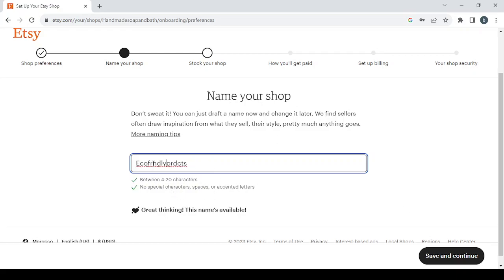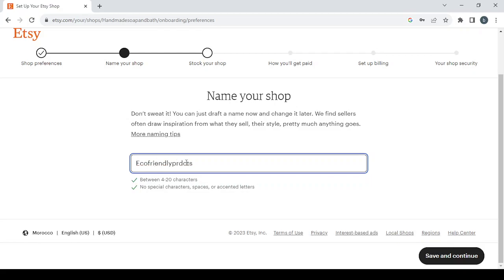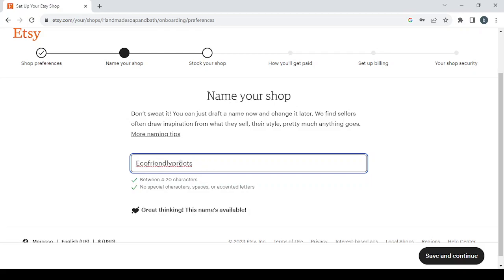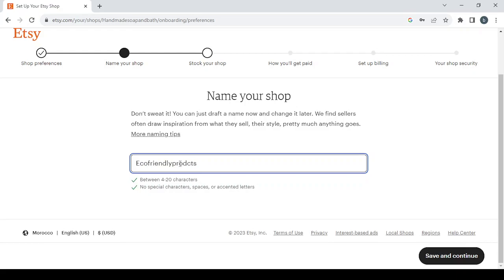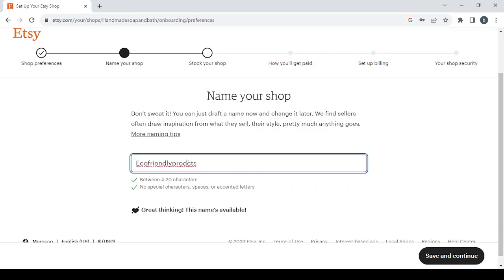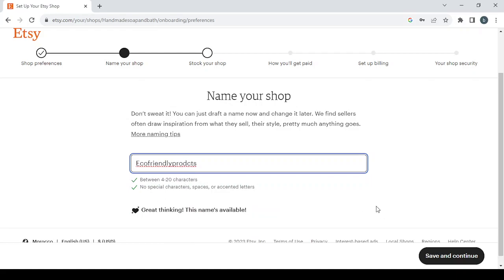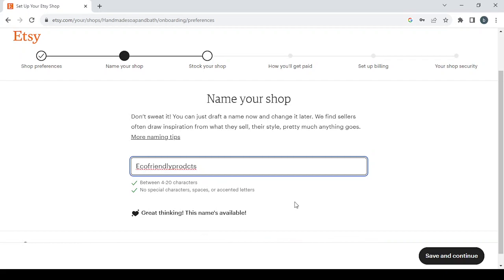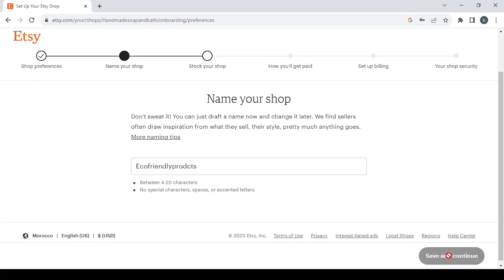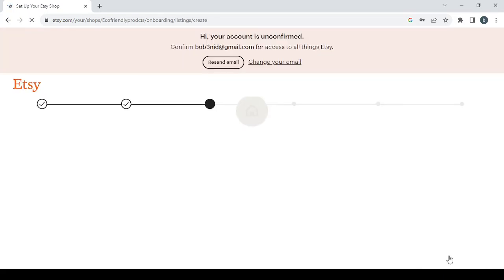Let's add eco-friendly, and that's good. So let's remove this one to make it unique. So now it's unique. As you can see, this name is available. Then click on save and continue,